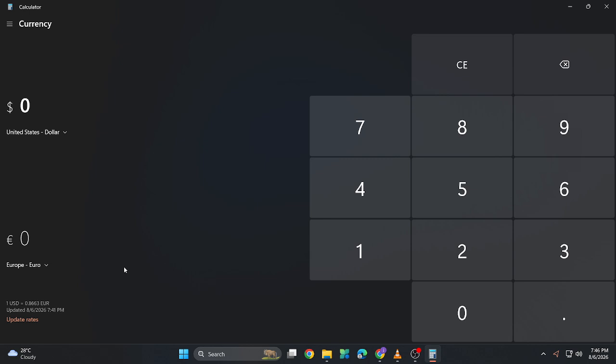And that's how to convert currency with Windows Calculator in 2026. Whether you're traveling, shopping internationally, or working with multiple currencies, the built-in currency converter provides quick and convenient